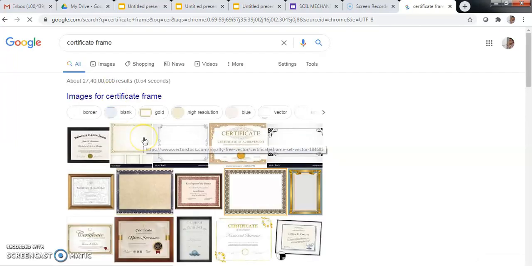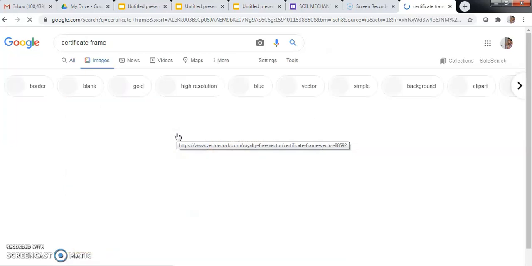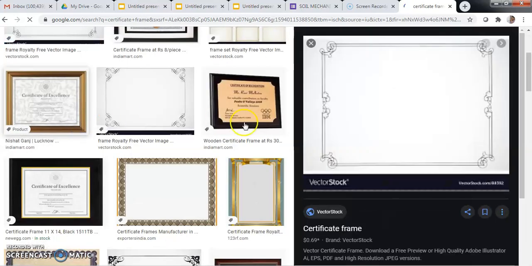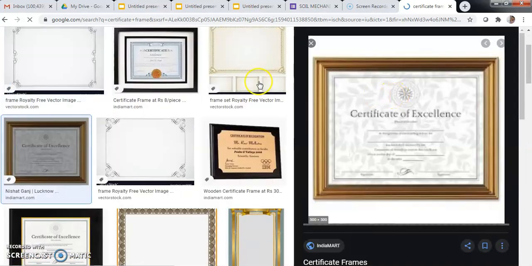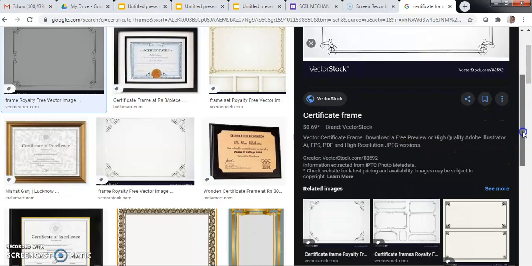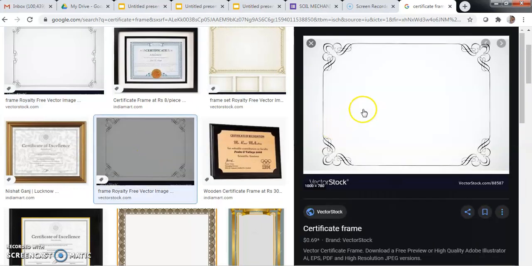Okay, so I'm choosing any certificate frame. For example, I'm choosing this certificate frame. Okay, you can check this certificate frame.